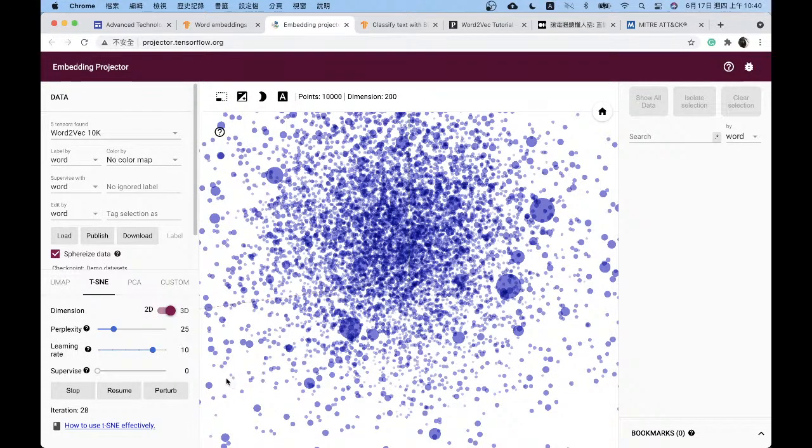Maybe we can select two of them. I think that is a good example, right? In this example, you can see that this dot stands for aid, this one means help, and that is assist, which also means help. So basically, those models are trying to do something: if the semantic meanings of the input words are similar, then after we apply such a model, which is called word-to-vec,